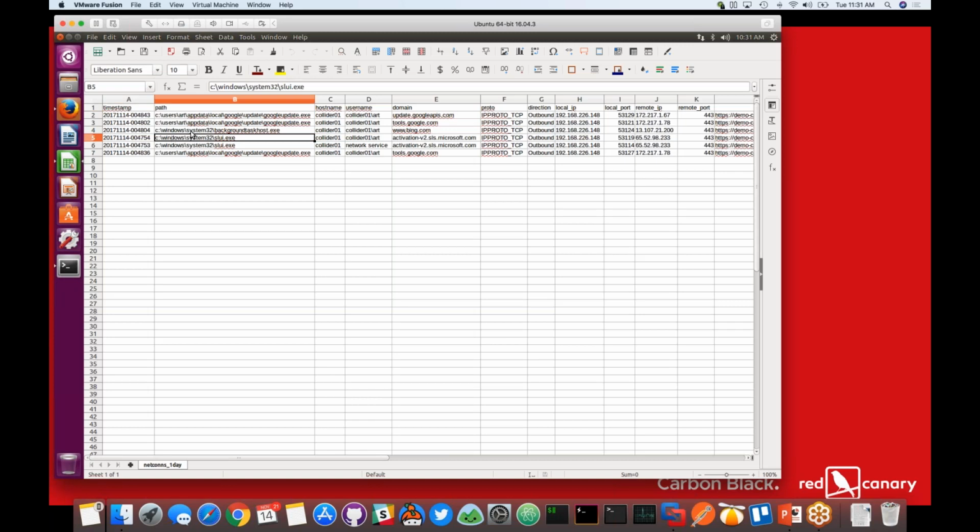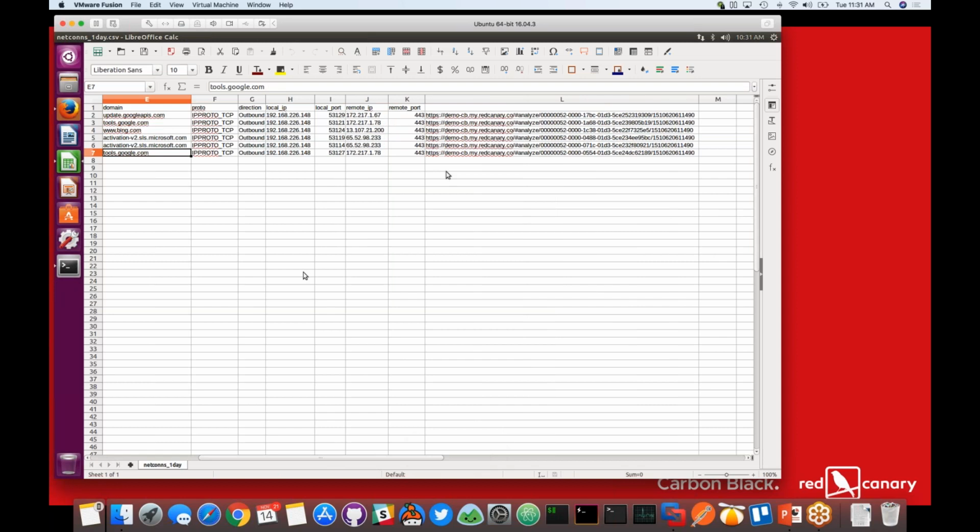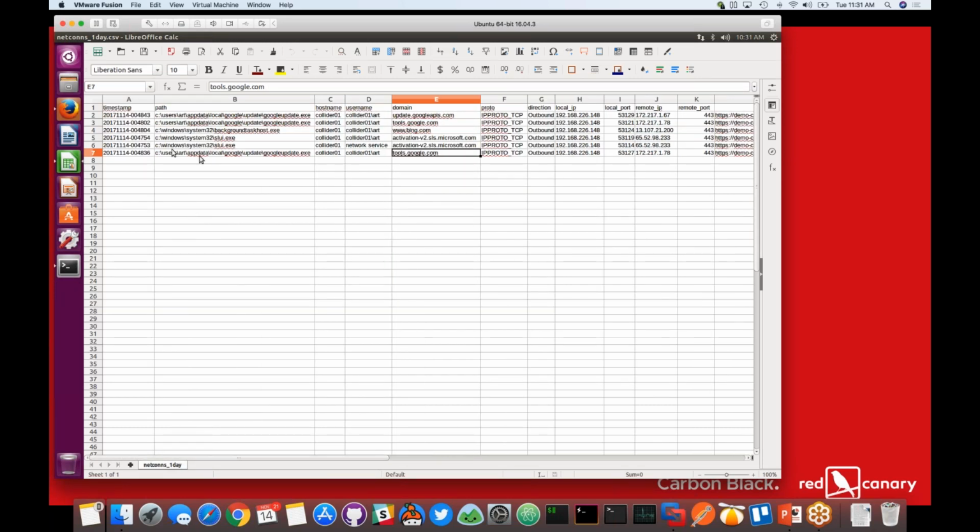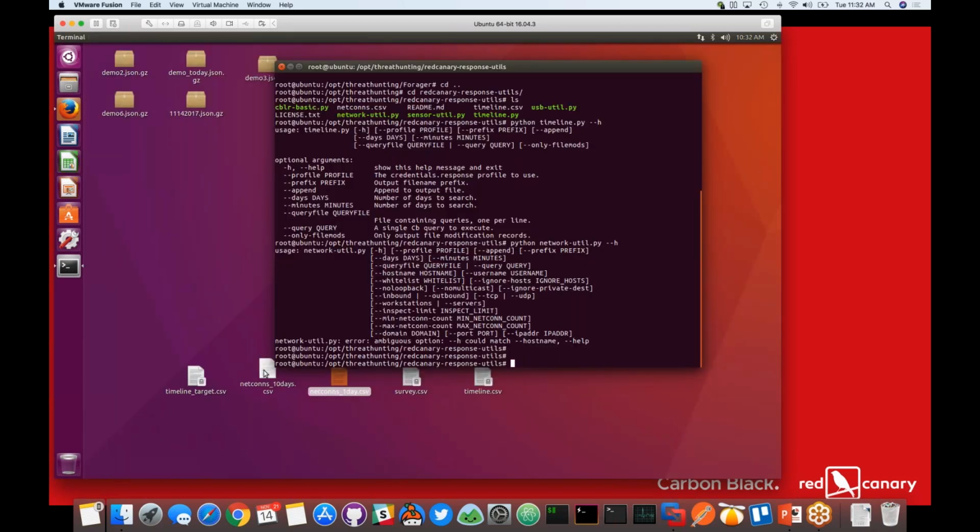And so this is a 1-day report on my computer on our demo environment. So it literally tells me, you know, you've been going to Google and Bing and whatnot, right? And you can see your port numbers, and you get that link right to Carbon Black. So you can go in there and investigate or download more information at that time. And the timestamp. Timestamp is very important in this data.